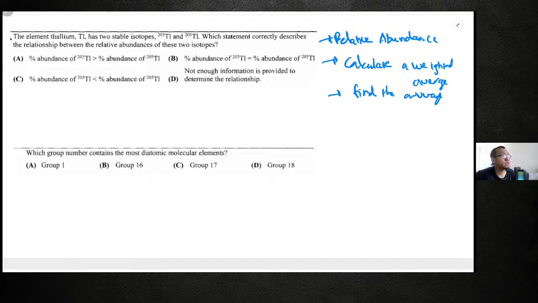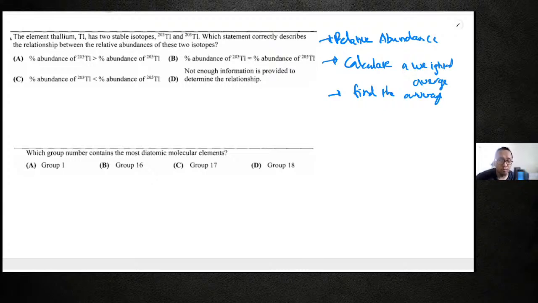Okay, let's solve it together. The question is: the element thallium has two stable isotopes, thallium 203 and